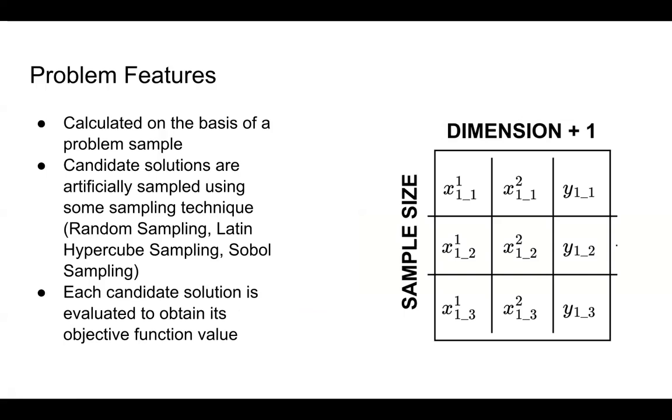And then you kind of have this matrix of candidate solutions to the function, which you use for calculating features. So the problem features, which I will be describing now, are all based on kind of this matrix. So they are based on a static